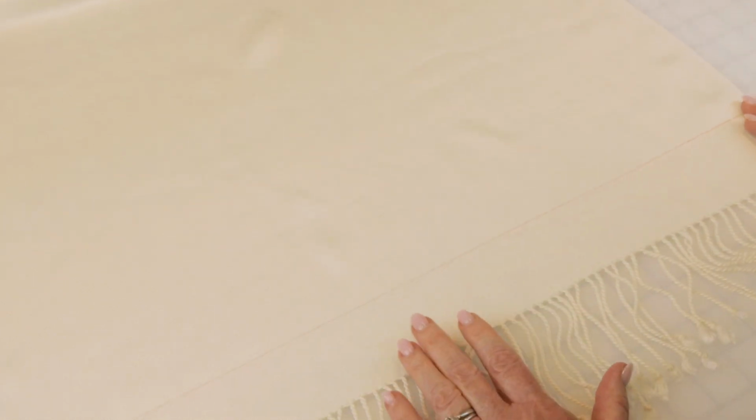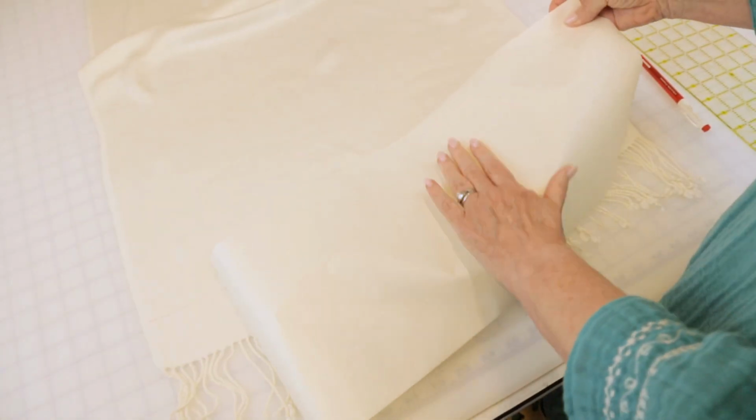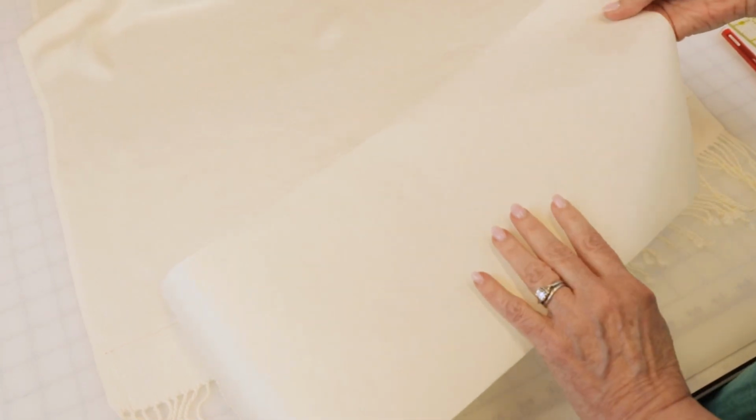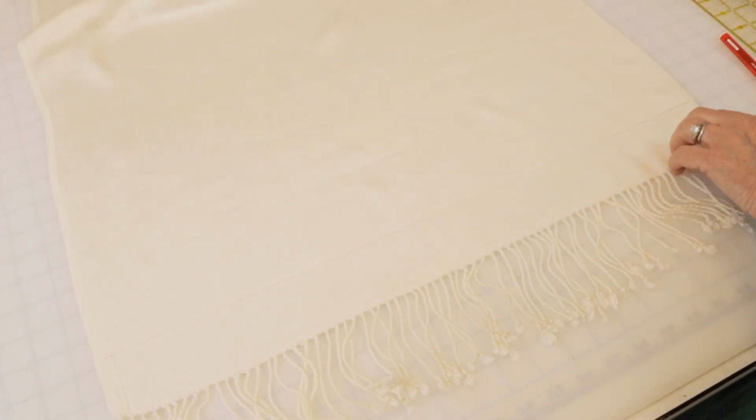And while I'm talking about presser feet, double check your machine and make sure you're using the correct one for your decorative stitching, because a standard foot that's flat on the bottom may cause some drag and distort your fabrics. Now I've already cut a piece of my stabilizer, the width I need, and there's a paper protector on it for the adhesive side. So I'm going to pull that off, flip my fabric to the wrong side,